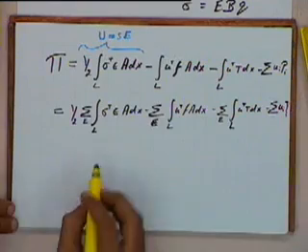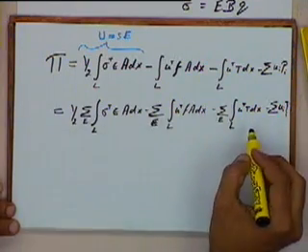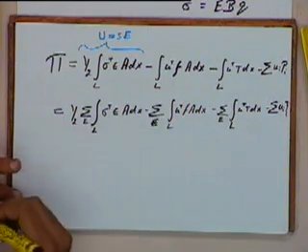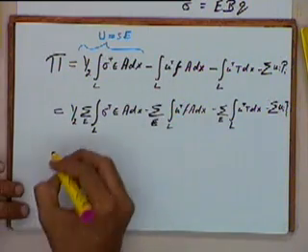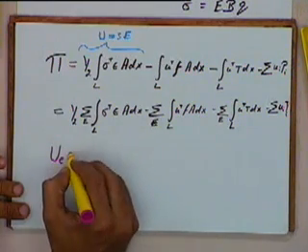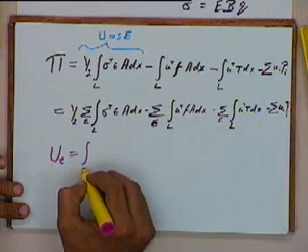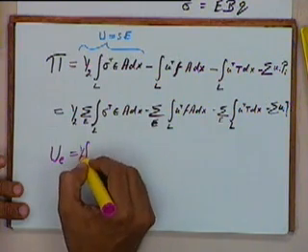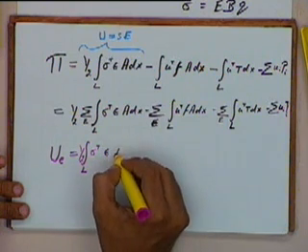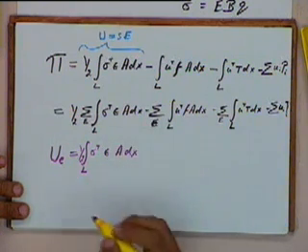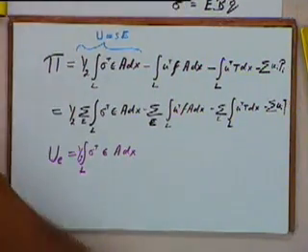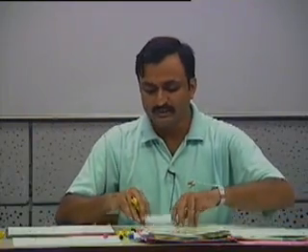So if I take each of these terms separately, let's first take the first term, that is the strain energy U in the element. So this strain energy in the element is equal to half of the integral over the length of sigma transpose epsilon A dx. Let's try and evaluate this integral.